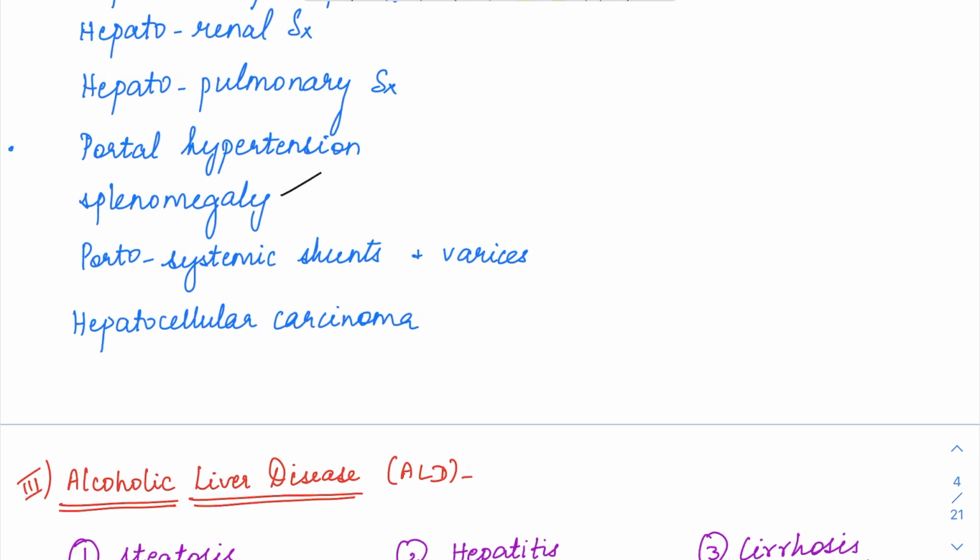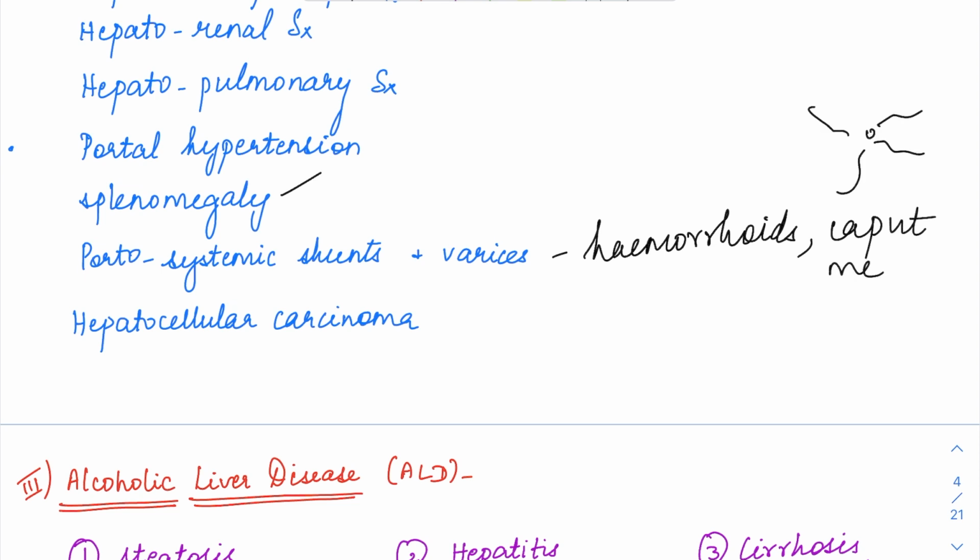It happens at very specific sites. For example, in the rectum, where it can develop into hemorrhoids. These shunts are called varices. In the rectum, it's called hemorrhoids, and in the periumbilical region, it is going to appear like caput medusae. From the center of the umbilicus, these veins will be dilated like this, and this is called caput medusae. Also, at the lower end of the esophagus, you will have variceal formation.